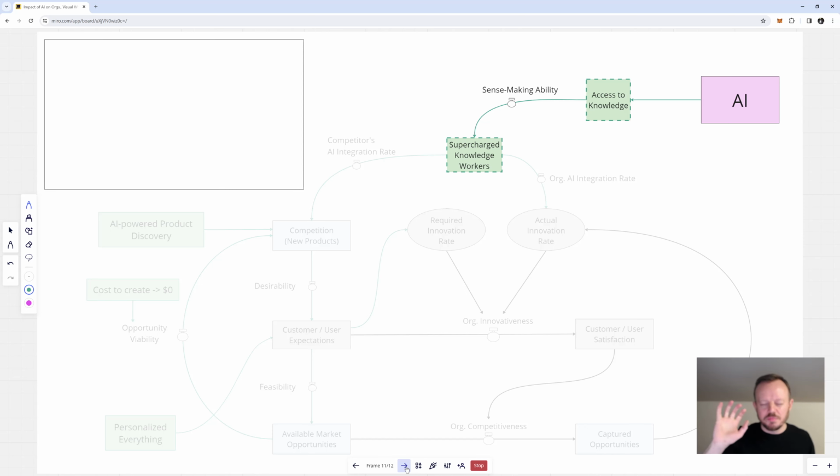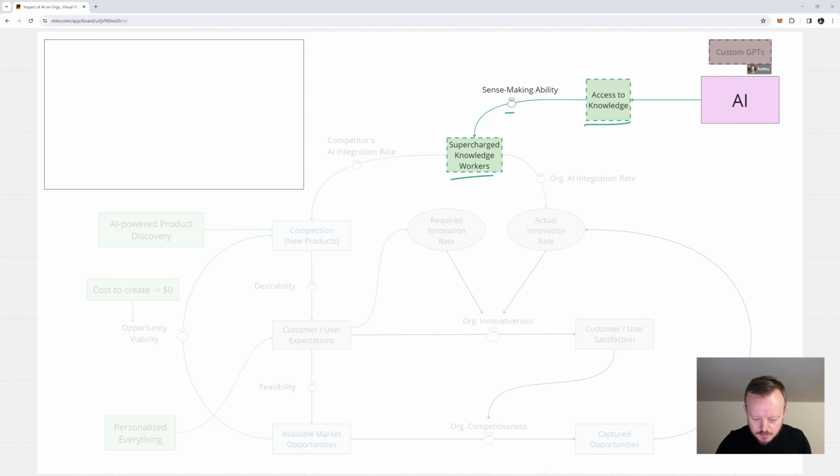And just to give you a bit of a heuristic when you're thinking about systems diagrams like this: let's just say I'm optimizing for innovativeness, the farther and farther I move away in the system diagram, the higher leverage a given factor has. Now, to give you a bit of a preview here,